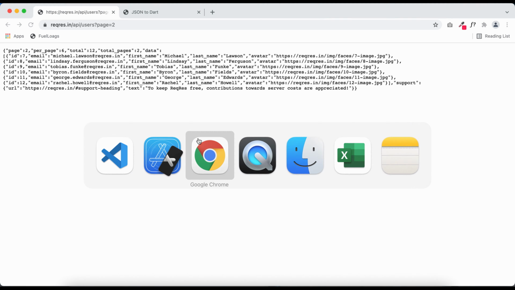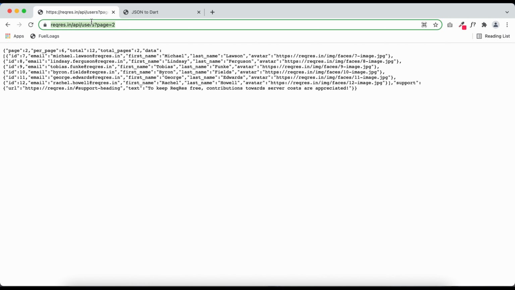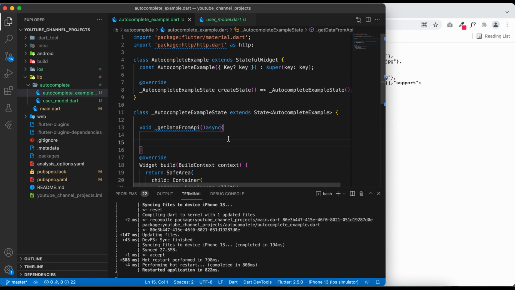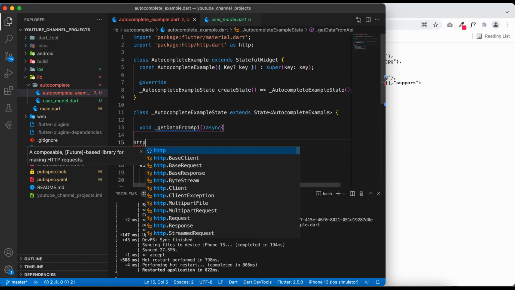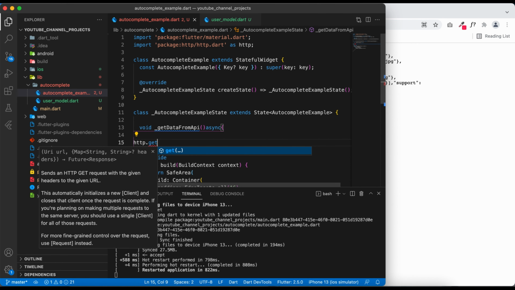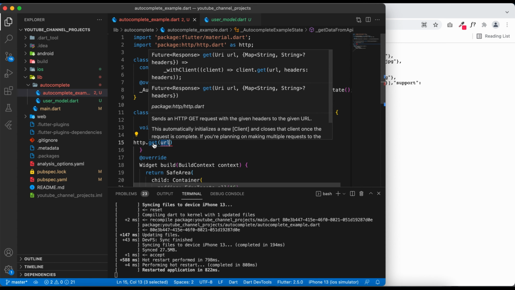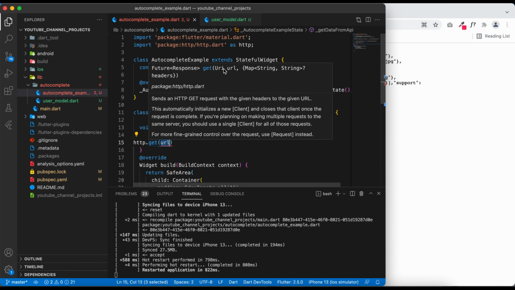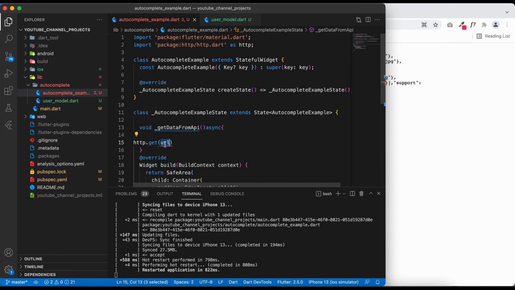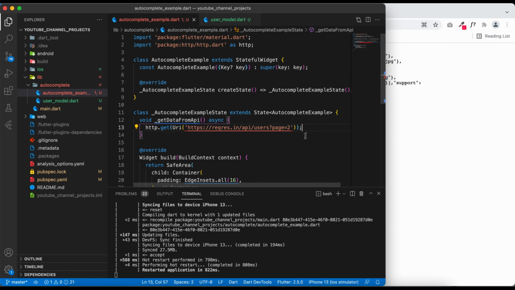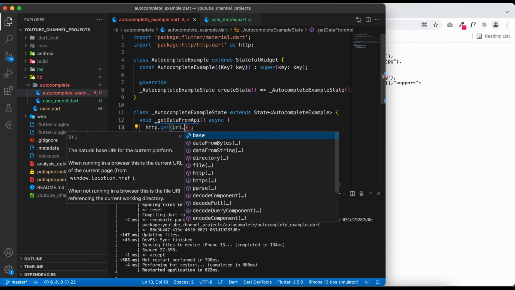As this API is a GET API, let's copy this API and call the get method of the HTTP package. This get function requires a URI, as you can see, to enter the URL. So we will pass the URI. What am I doing wrong here?